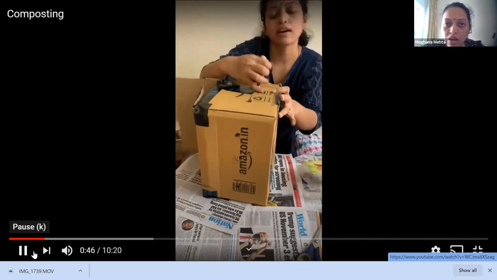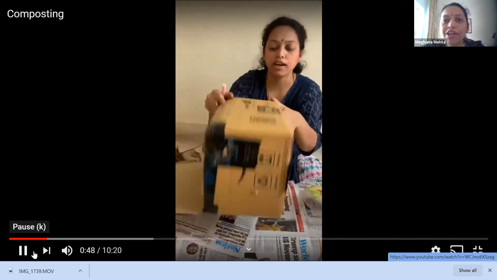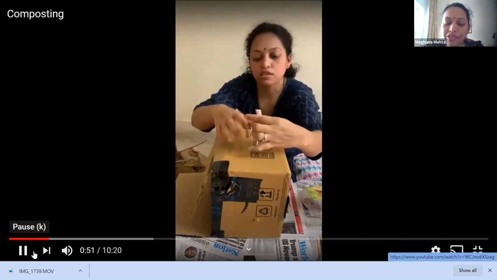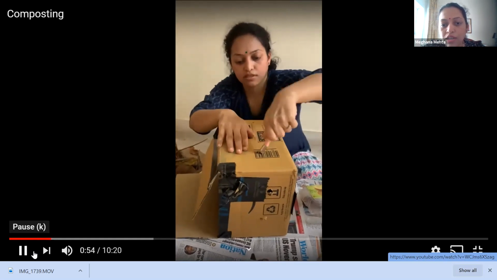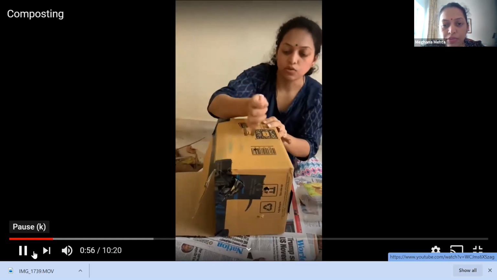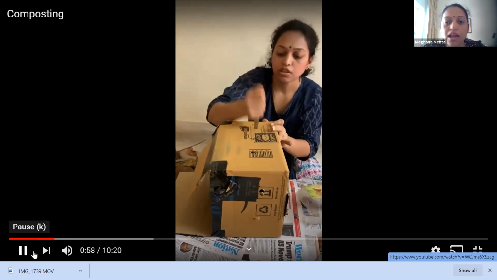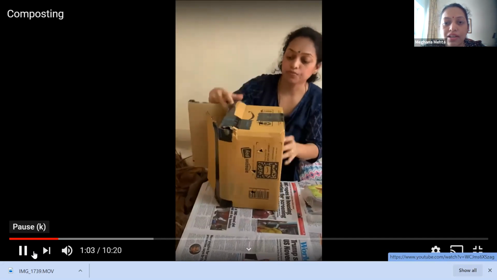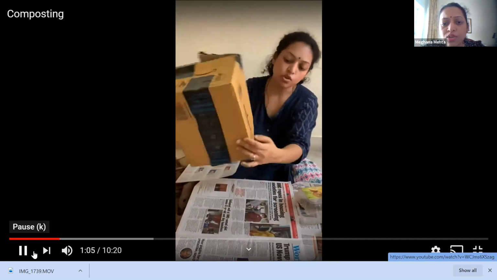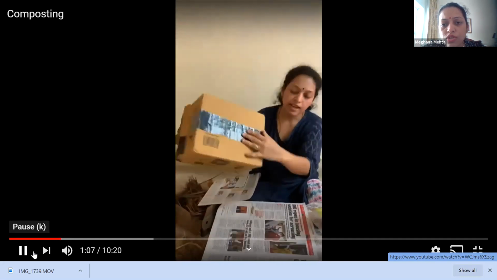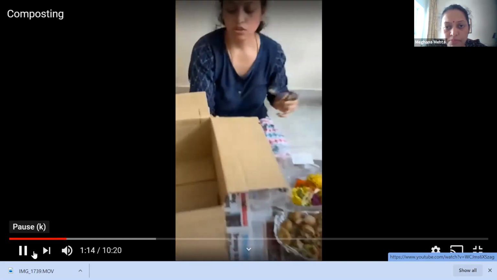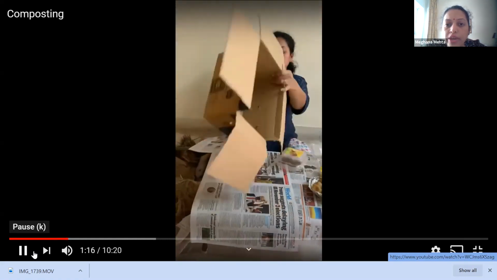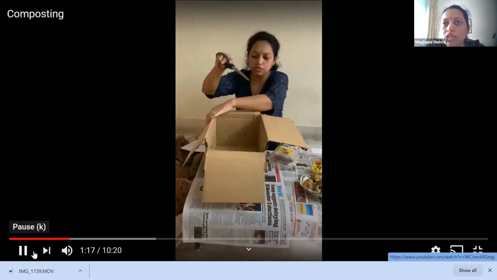Now you see I'm using materials that are all easily available in the house. We are just following the 3 R's: reduce, recycle, reuse. That's what I'm using in my house to carry on sustainability, to be a part of sustainability. Now see, I have holes on all sides of the box. There, you see this empty box. Now in this, the greens will be producing water.